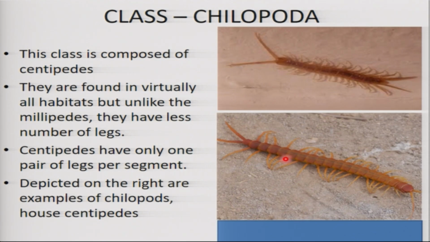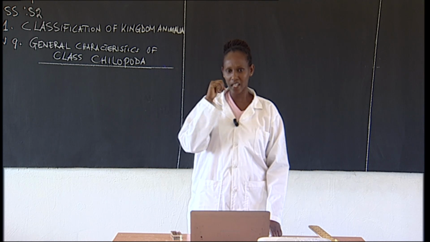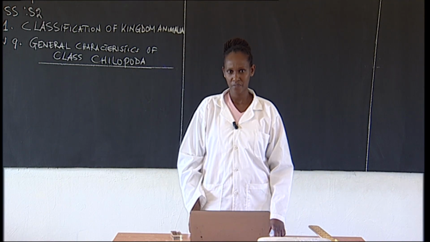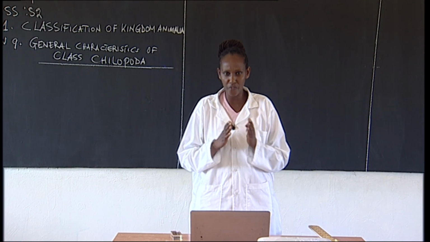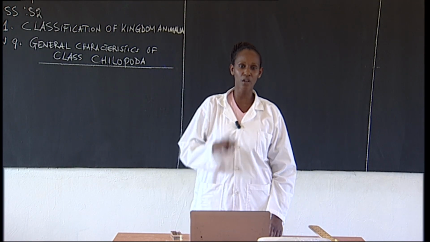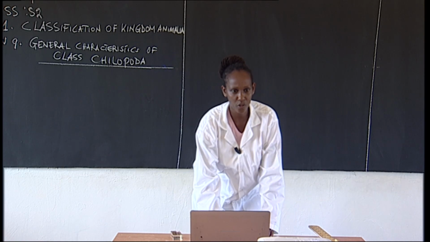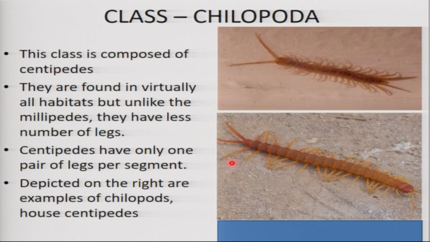Some people confuse members of Chilopoda with another class we are going to see after this one in the next lesson, which we call Diplopoda. So when you look at Diplopoda and Chilopoda, if you're not very careful, you may confuse the two. You get what I'm saying? But when you want to differentiate the two, Chilopoda have got one leg here, another there. But for Diplopoda, we find two legs attached on the segment, appearing in pairs, two here and two on the other side, like that.